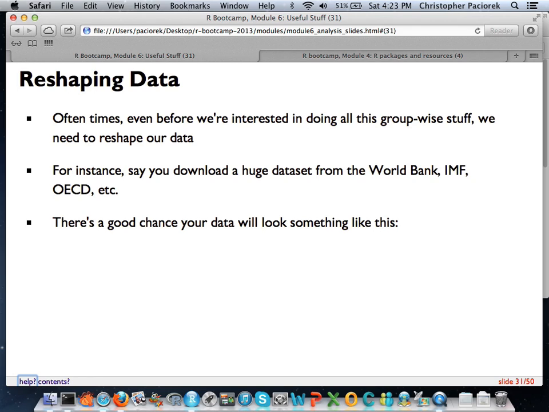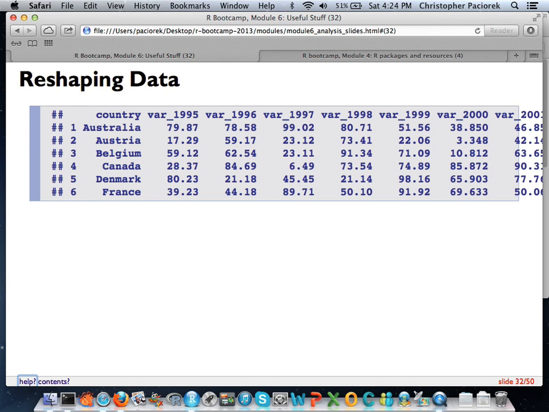But this is sort of the second very useful task that I think R is pretty adept at. And I don't know if this happens to people who do mostly things like statistics or the natural sciences, but if you're a social scientist and you want to go get some big data set from the World Bank or the IMF or something like that, and you download this from the website, and you don't really know what you're getting, there's probably a pretty good chance that it's going to look like this.